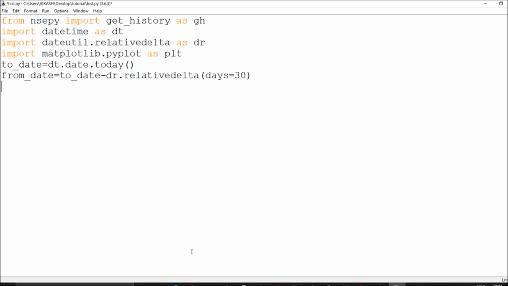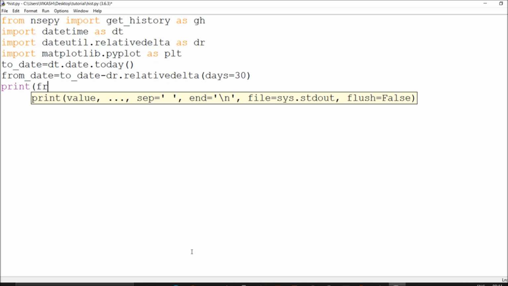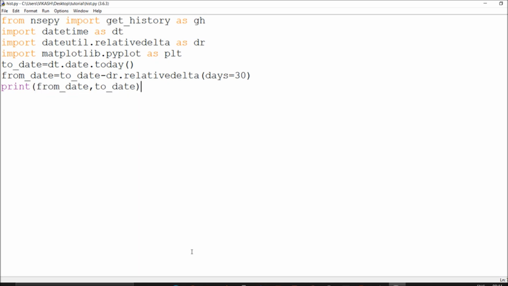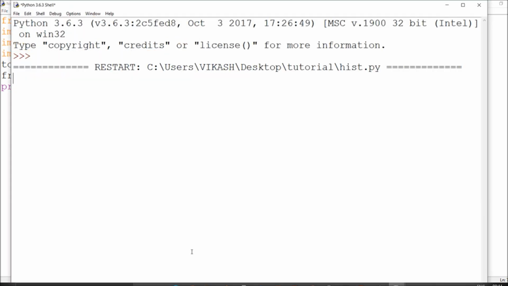So this is my to_date and from_date. I'll just check whether everything is perfect or not, and if I find any wrong details, I'll correct them. Up to here it is very much easy to follow and fine.